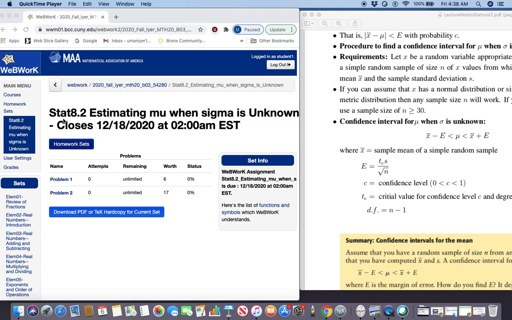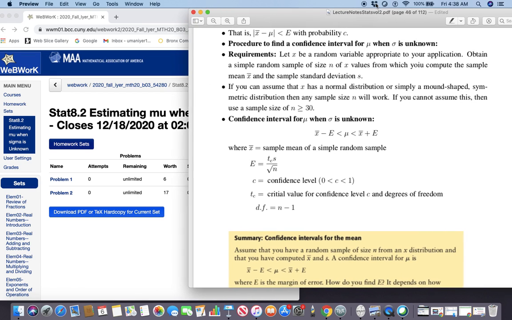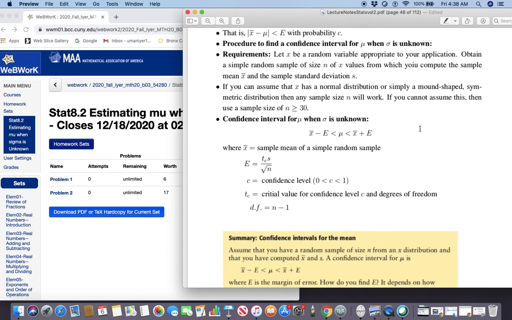Welcome back. Section 8.2, Stat 8.2. Here we are estimating mu when sigma, that is the population standard deviation, is unknown. The theory is as follows. The calculations involved. So you want to build a confidence interval for the population mean when population